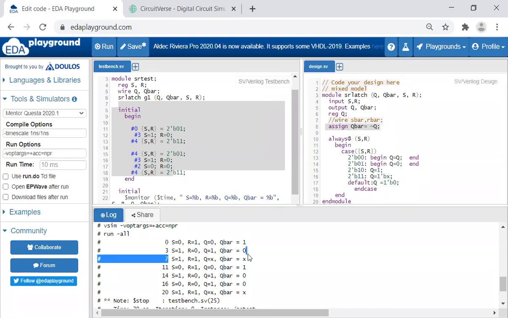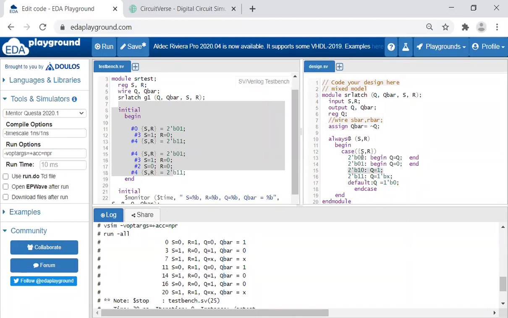So I've got X. Again, if you take some other combination, say I've taken this combination, when S is equal to 1, R is equal to 1, Q will be equal to 1. So when S, this part, S is equal to 1.